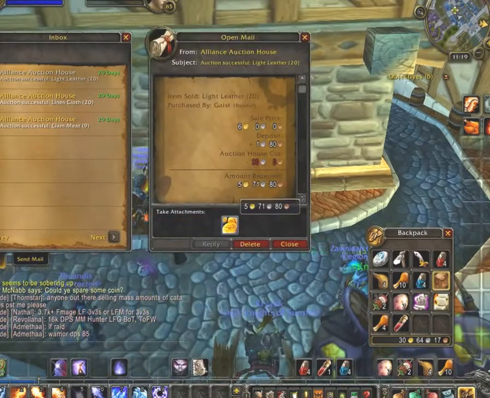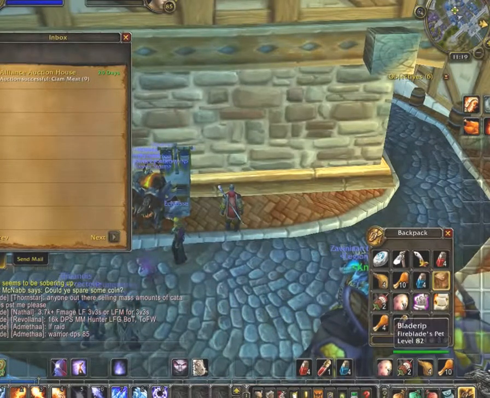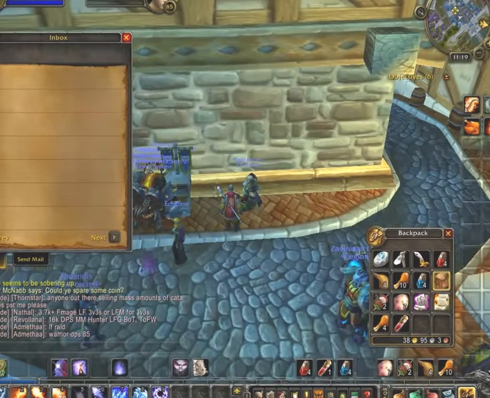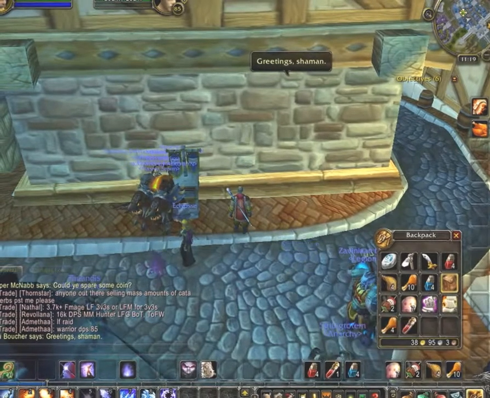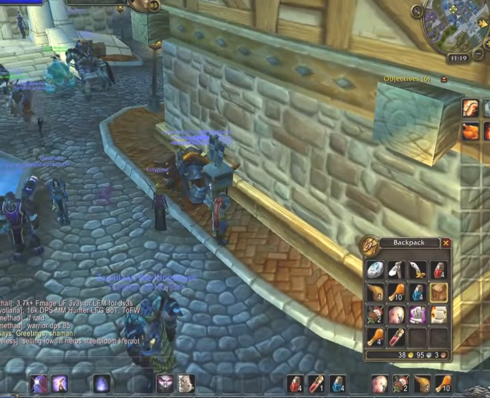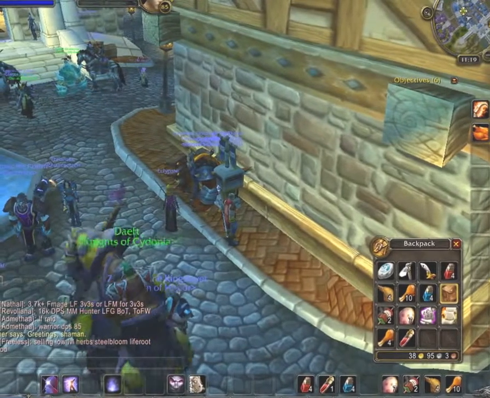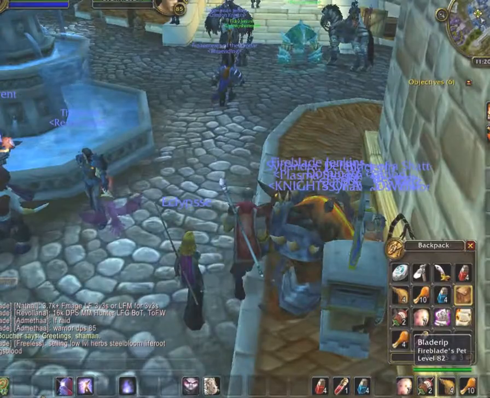Alright, so we are almost done. Okay, so that's all the auctions at current. So I had 17 gold. I now have 38. So in the mailbox, I'm trying to think here, what would that be? I think 21 gold, roughly. I had 21 gold waiting for me, so that